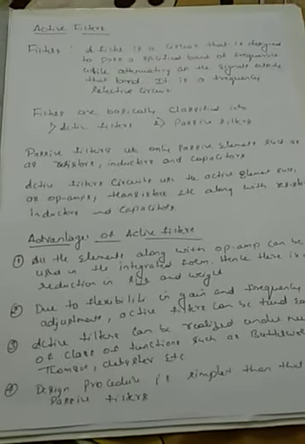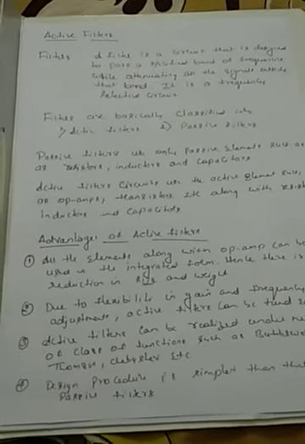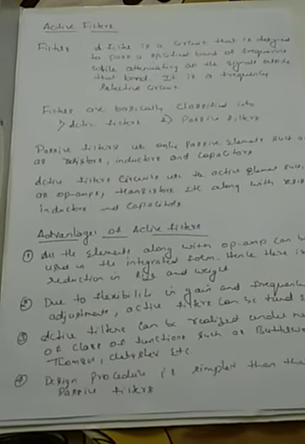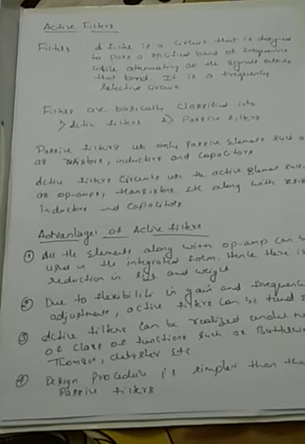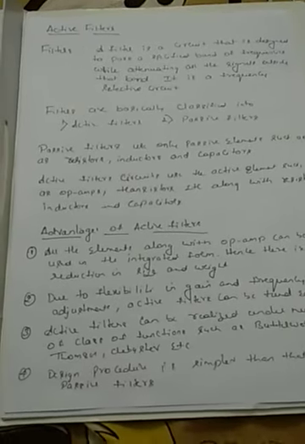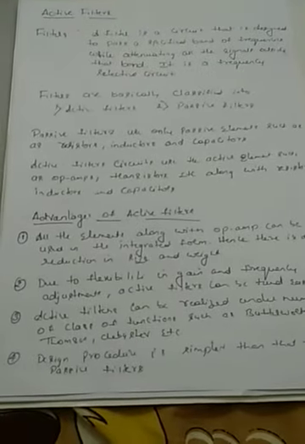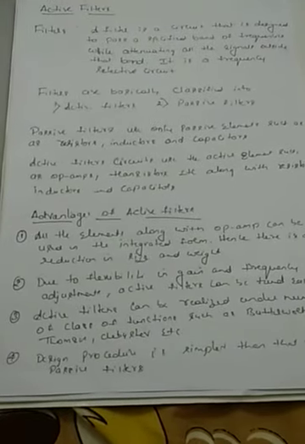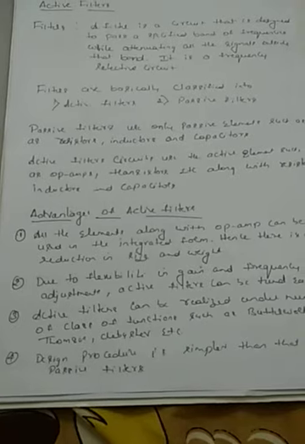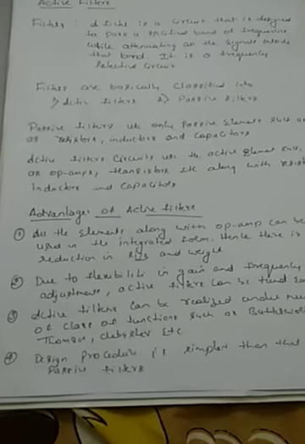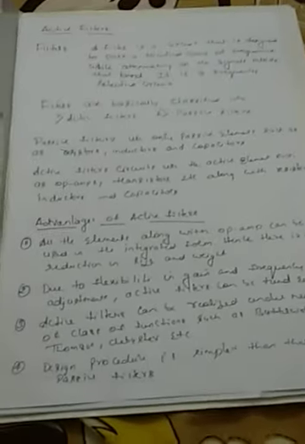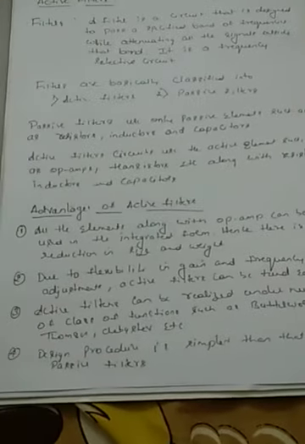Okay, so filters can be classified into two ways. One is active filters and the second is passive filters. A passive filter is one which uses passive elements such as resistors, inductors and capacitors, and an active filter is something which uses op-amps, transistors along with the resistors, inductors and capacitors. Okay, so the advantages of active filters over passive filters are,